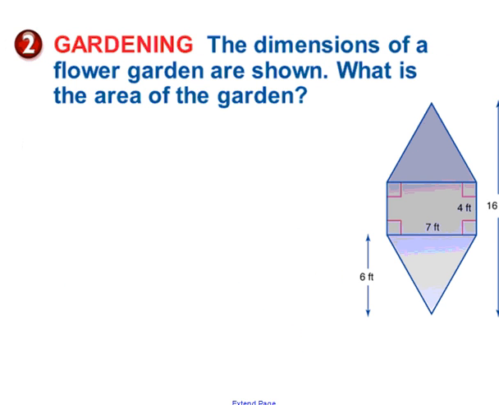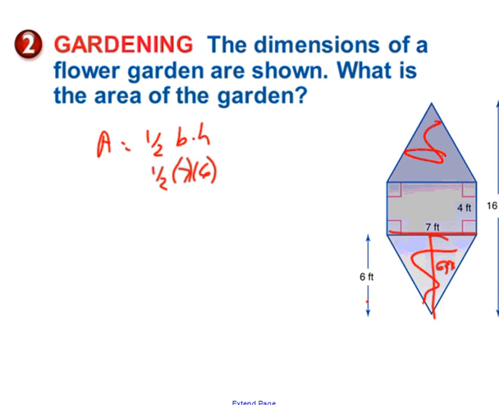Okay, again, we're going to be working with a rectangle and two triangles. If I look at the triangle, it looks like the height of the triangle, according to the drawing, is 6 feet. And the base of the triangle is 7. So I'm going to say that the area of a triangle is equal to 1/2 the base times the height. So it's 1/2 of 7 times 6. Of course, since I've got two of them, I'm going to take that times 2, which in effect cancels out my halves here, and I've got 7 times 6, or the area of the two triangles is equal to 42